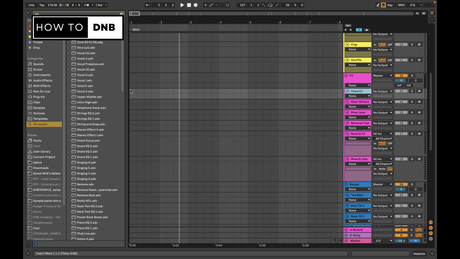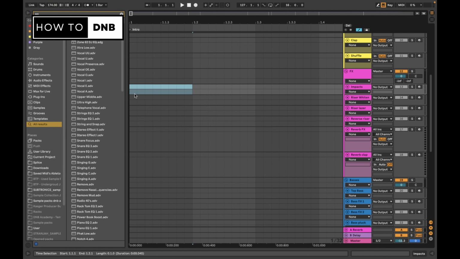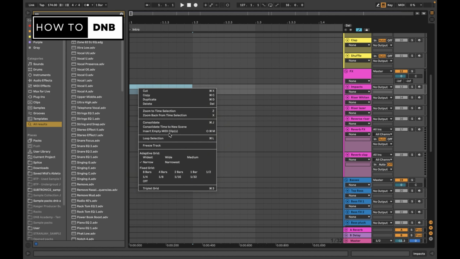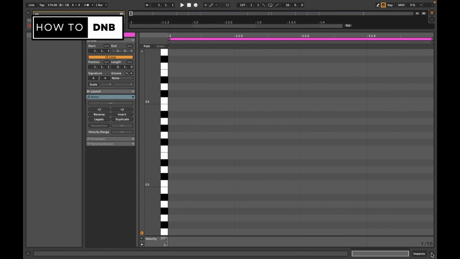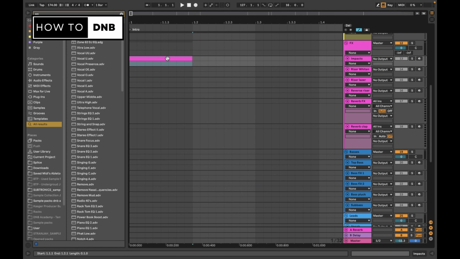So we can hear that this impact has quite an impact, and then it sort of has a reverberating tail. So we can actually make note of that, right? We can listen until when the body of the sound is and when the reverb tail is. So this part is probably the body of the sound. So let's go and make a MIDI clip here. You could right click and say insert MIDI clip, but you can also do this shortcut here, which is what I'm going to do throughout this video. And we don't actually need to do anything in the MIDI clip. We just want it to exist here so that we can mark it. And we're going to press Command R to rename it, and we're going to say impact body.